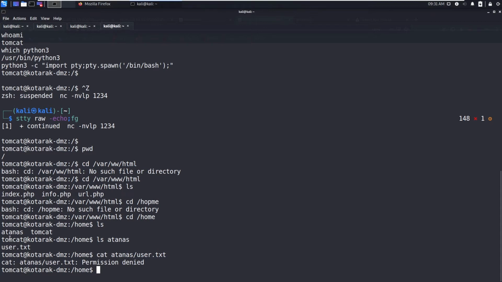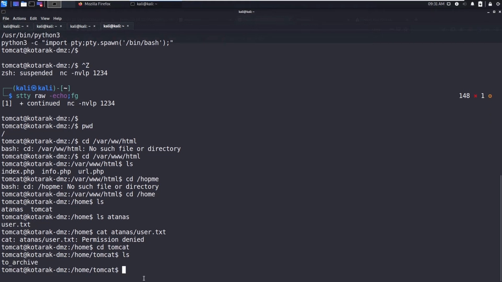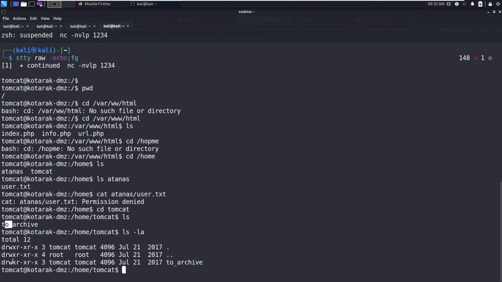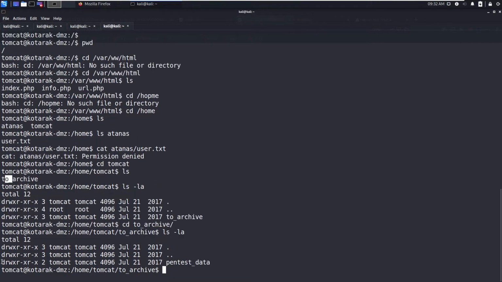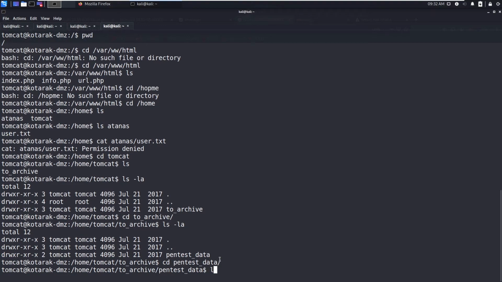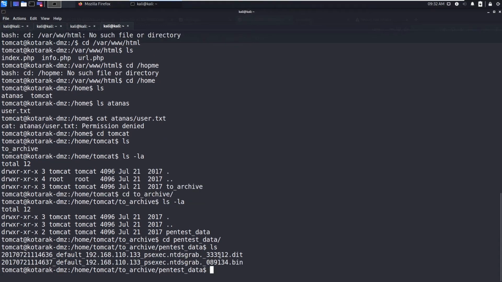We don't have permissions for the Atanas user, so let's go to Tomcat. There is a folder to archive, and a directory pentest data. Go into that folder, ls, and you can see there is an ntds.dit file and a binary file.